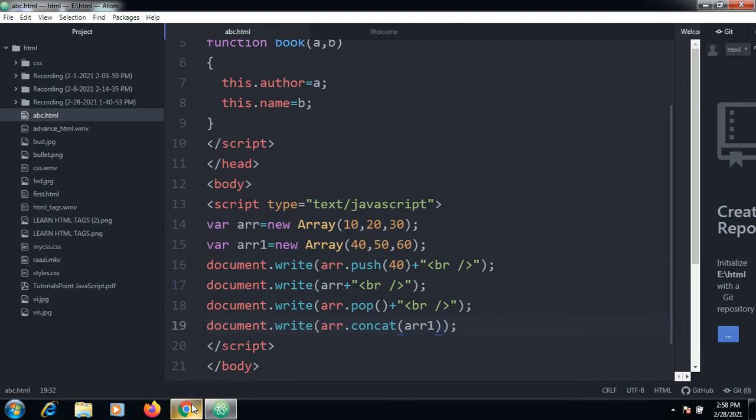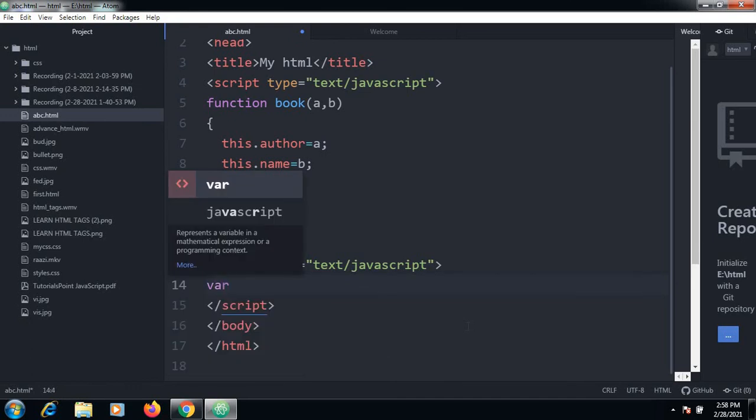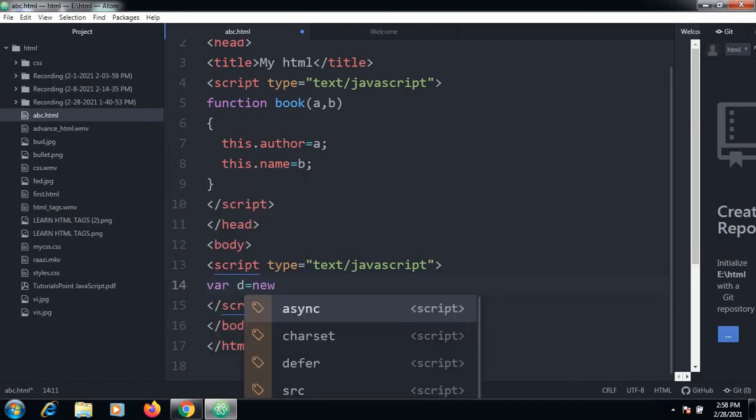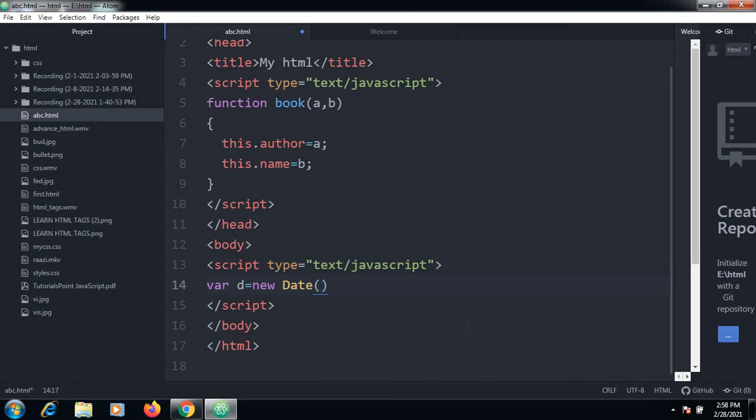Now I want to discuss the date function. Suppose somebody wants to set the date, or they want to read the date. I'll take a simple example and try to see how the date works in JavaScript. So just cancel these things. Variable d is equal to new Date. I will take one object of the date now. So document.write, we will see what it is displaying. Save this particular file and see what it is displaying.